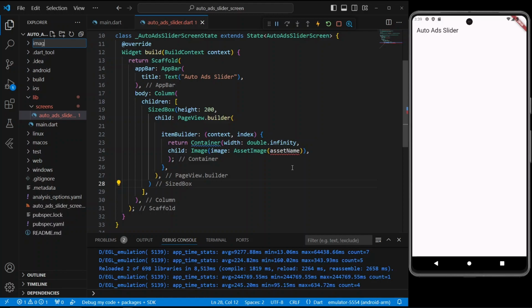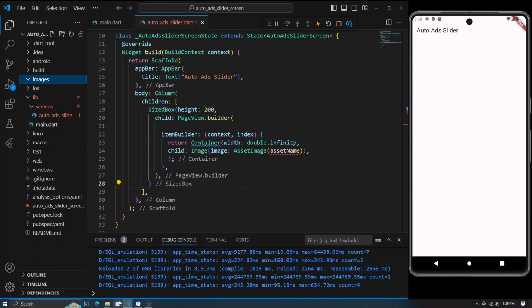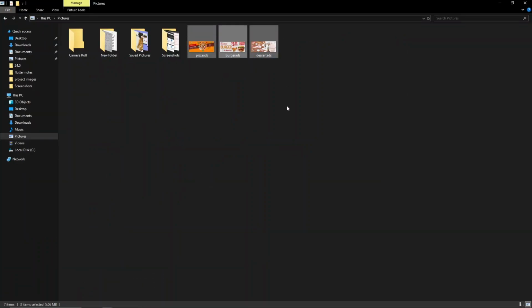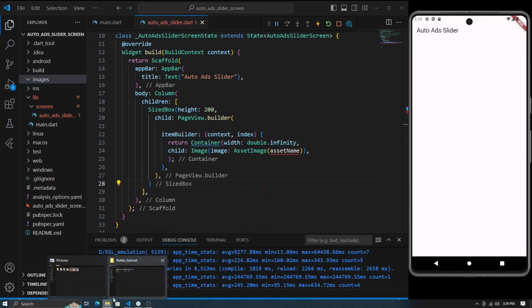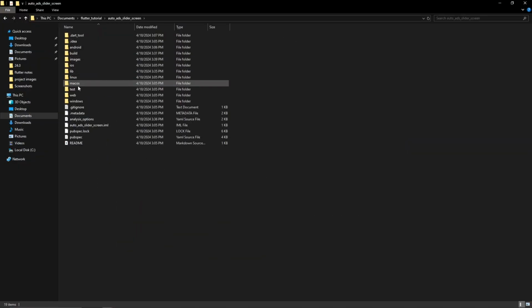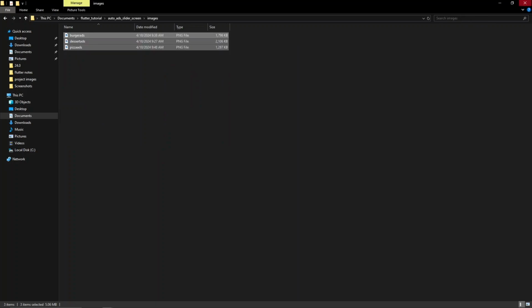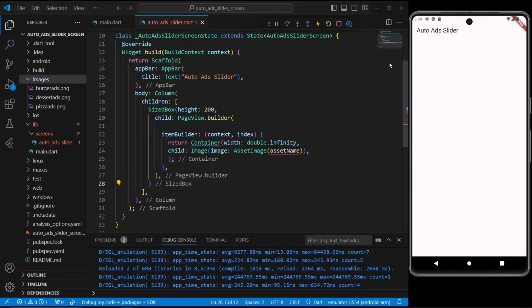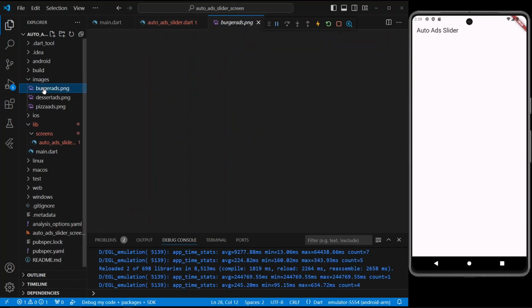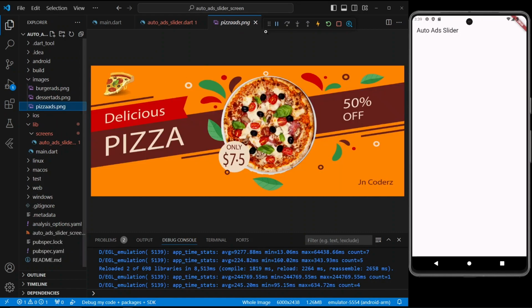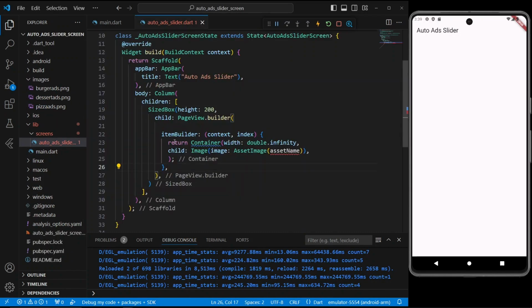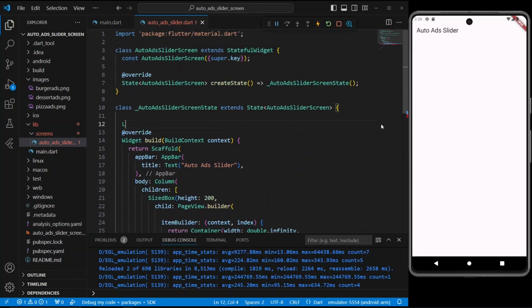Create an images folder. Then insert the images into it. Create a list and link them to the images folder accordingly.